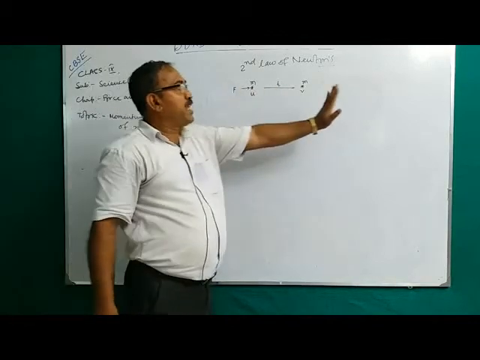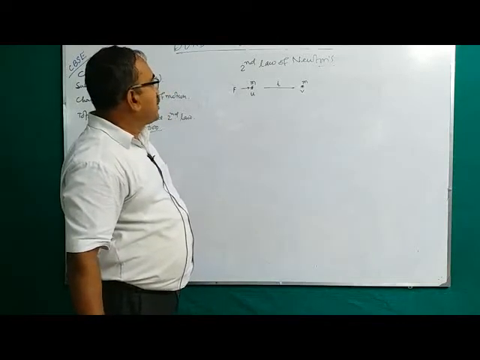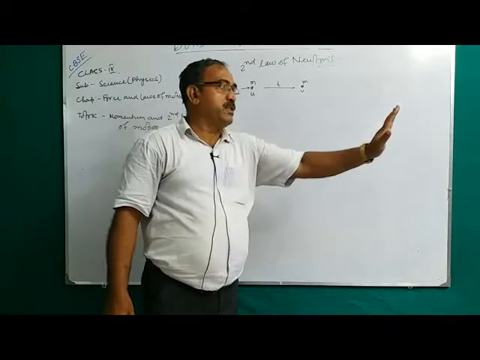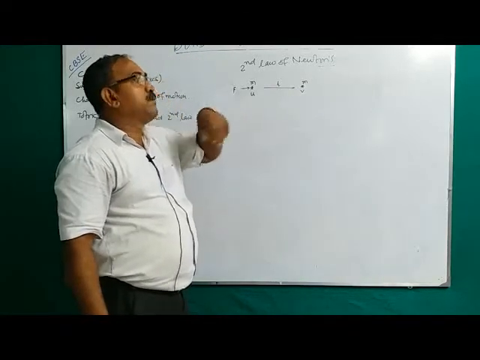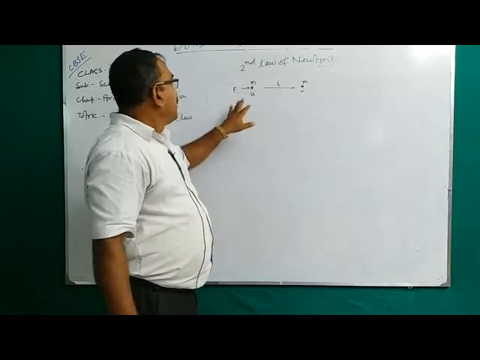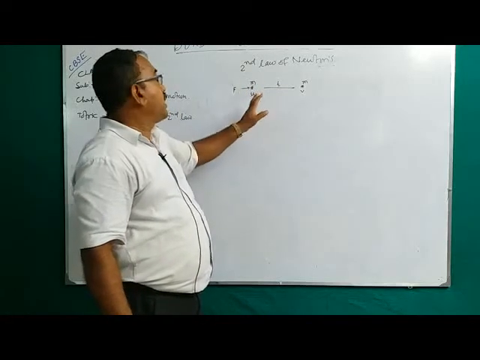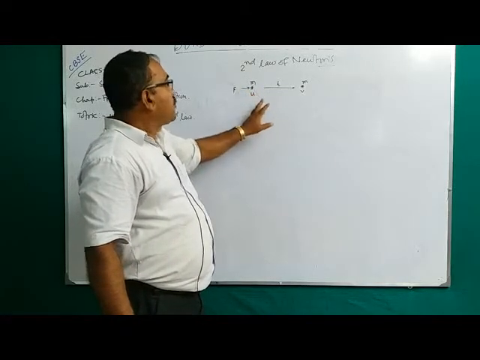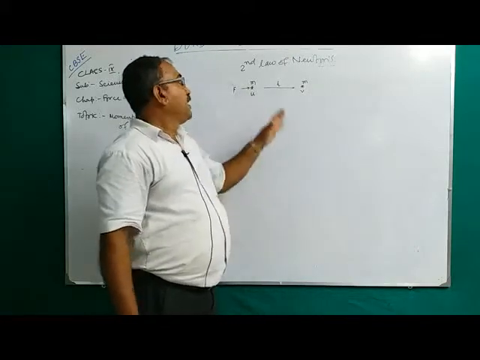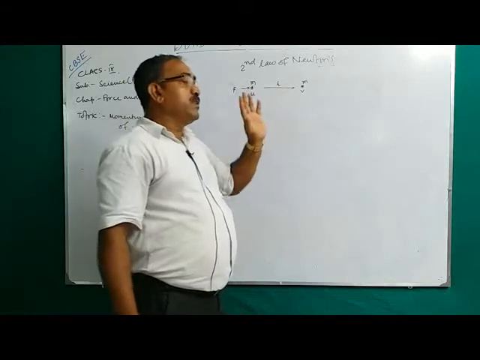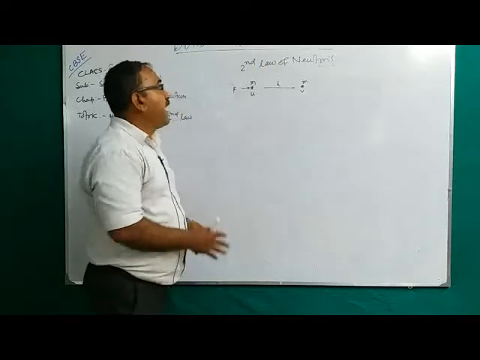You apply the force on that object. Means pull it, or push it, as you wish. If you push it, the velocity increases. If you pull it, the velocity decreases. So you push it, so there is an unbalanced force on that object. And you see after time t, the velocity of the object is v. If you consider v is more than u, that is the force is directed along the motion. That means the accelerated motion.